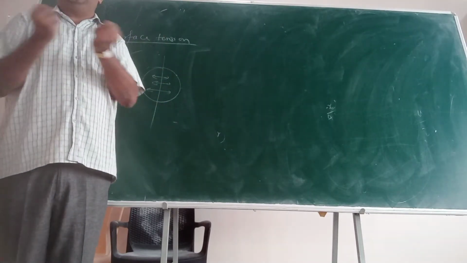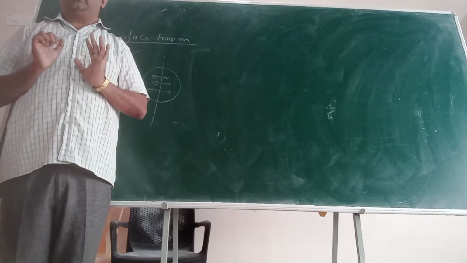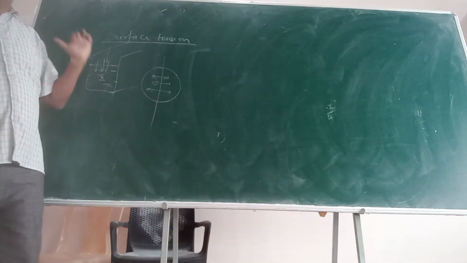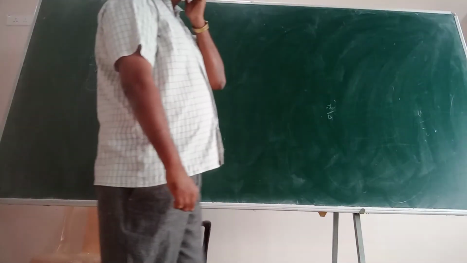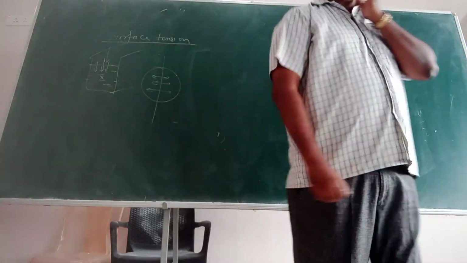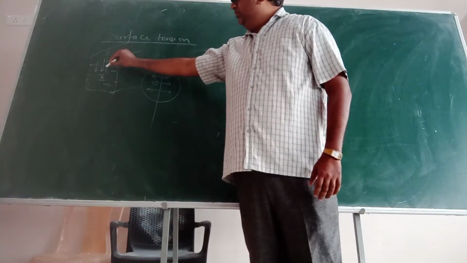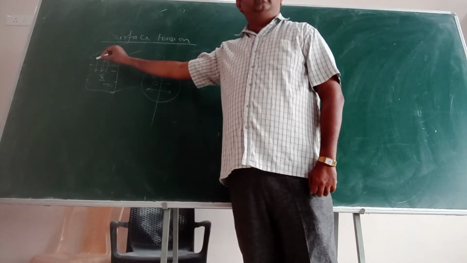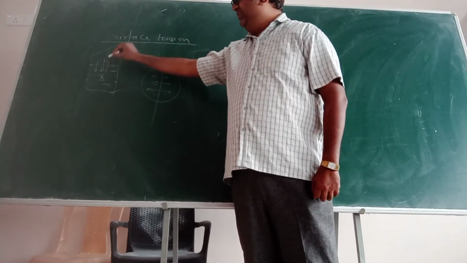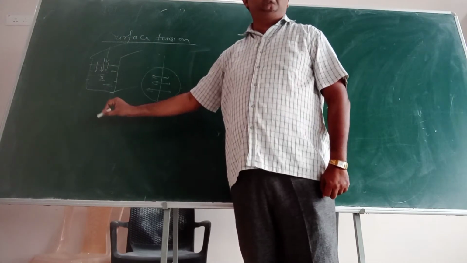ऐसा रबर के जैसे expand, contract होने की कोशिश करता है. But surface tension tries to decrease the surface area. I told you, isn't it? This water, what is happening because of unbalanced cohesive forces? It is kind of pulled down.